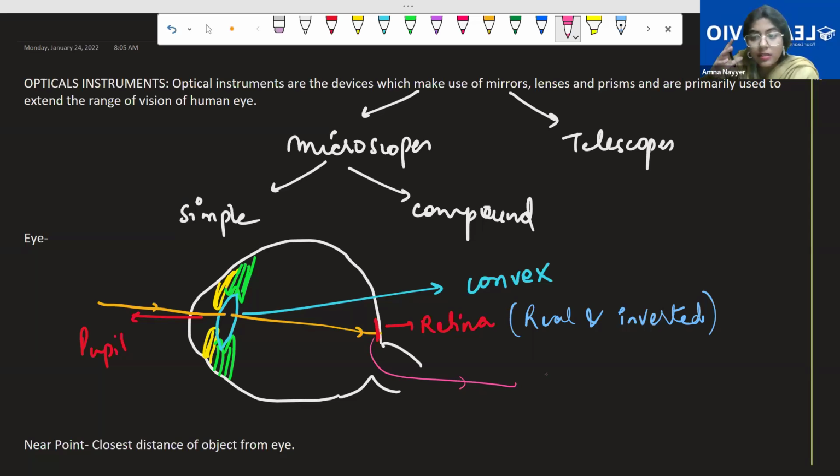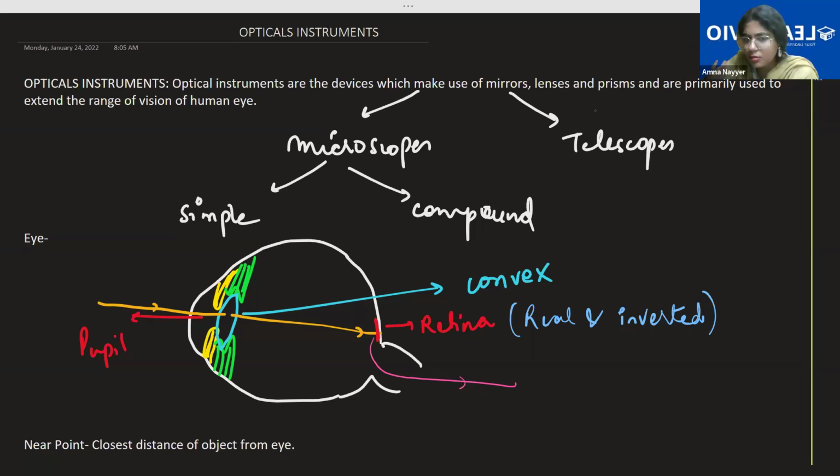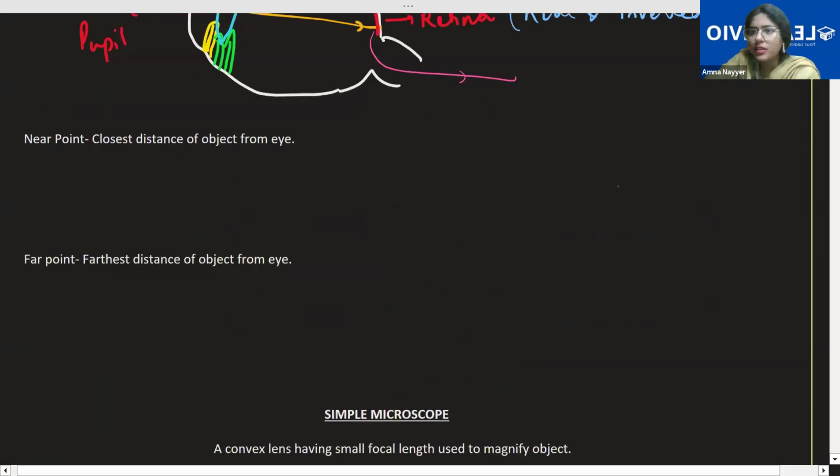That's why whenever the brain is not functioning properly, vision is also affected, even if the eye is perfect. Then the specs, the students who are wearing spectacles, they must be knowing it. Those who aren't, even they also know correction of the eye lens, like far vision isn't visible, near vision isn't visible. I think all of us have the far one because usually the near one comes with age, but near ones are also there. Usually it is the opposite. So that portion is just a basic part of it, for your viva and all, if it can be asked.